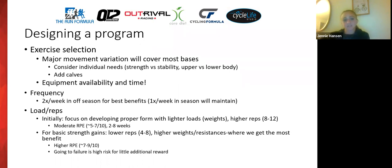Load and reps. When a lot of people think of strength training for endurance sports, in the past there was the thought that endurance athletes should be doing low load and high reps because they're doing endurance sports. But all of swim, bike, and running for triathlon training is low load, high rep work. So in order to focus on strength and get stronger, we actually want to do higher weights and higher loads and lower reps to really work on our ability to generate force